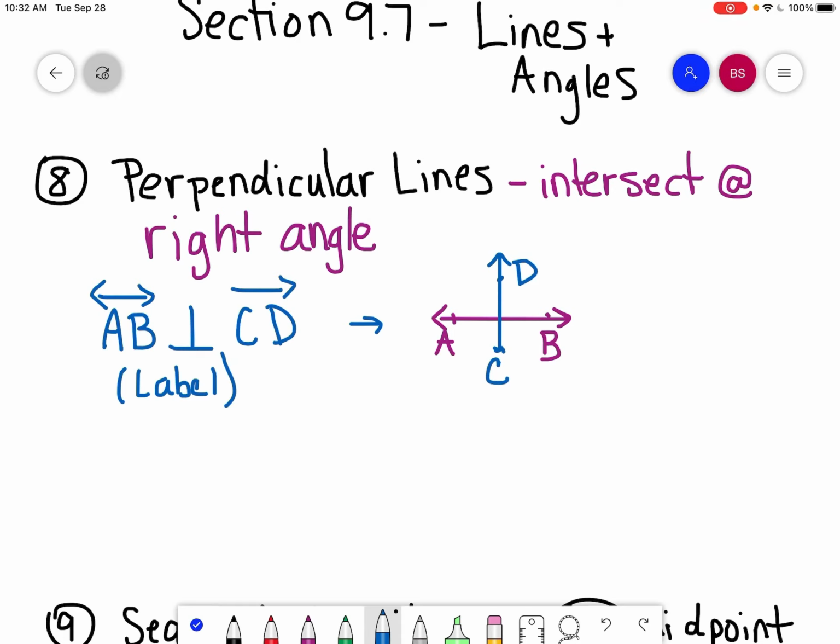Okay, all right, so the last thing we need is always, when you are talking about perpendicular or right angles, you need the little box there that shows it's a right angle. Okay, so the first thing is label. The second thing is draw. Okay, now the third thing is, what if I want to actually